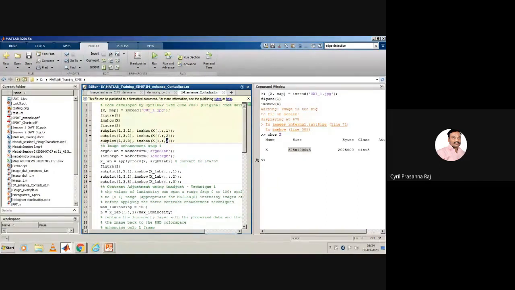So this colon implies all rows, comma, all columns, comma, 1, first frame. Again, X of all rows, all columns, 2, second frame. All rows, all columns, 3, third frame. So I'm trying to read all three frames independently and see what the image looks like.